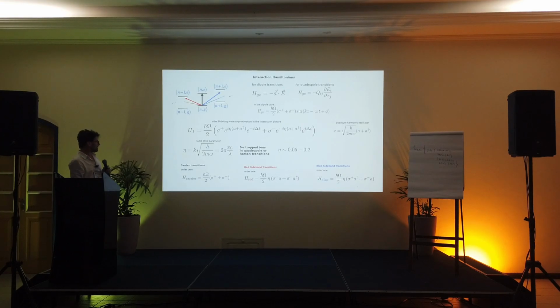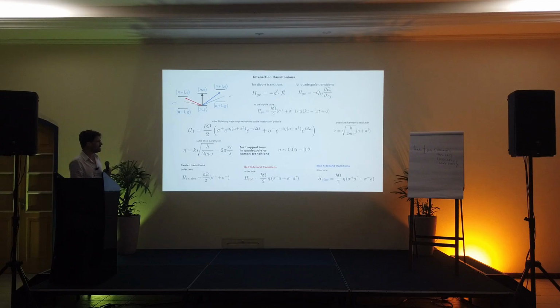And if you do that, the first term is what we call the carrier term. The first term just has sigma plus, sigma minus. And that would be transitions which are indicated here, transitions without changing the vibrational number, so the N number, the harmonic oscillator number, does not change. Of course, you can also do here or here, but the arrows indicate whether you just start on N, g. And then you have other terms which are called the red sideband and the blue sideband, which are the next term in this expansion,